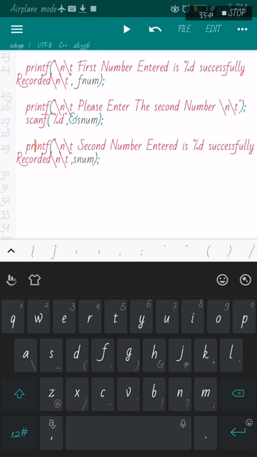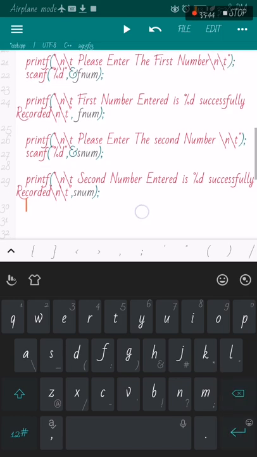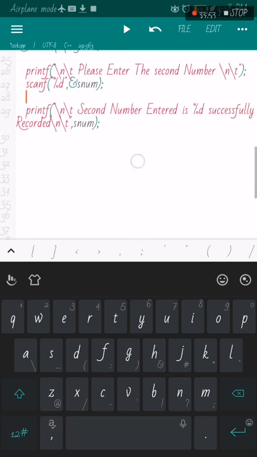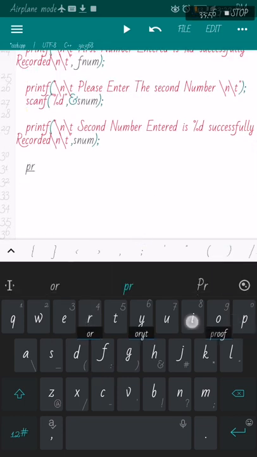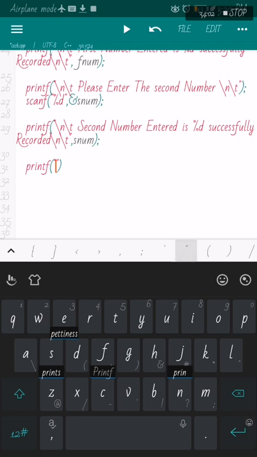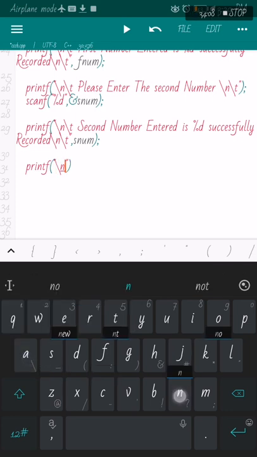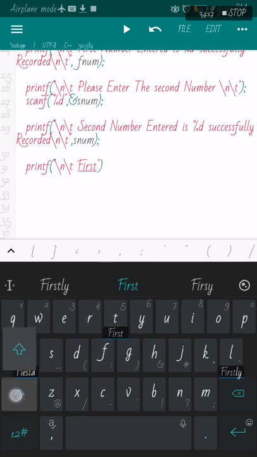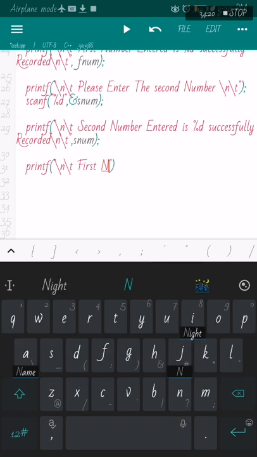Then after that, here we have entered the first number, we have entered the second number, we have recorded all of them. So we shall try to put out all of them. So I'll write printf, then I put this, and I put a new line, I'll put a tab. I really recommend that. Then you write, okay, first number entered. The first number is